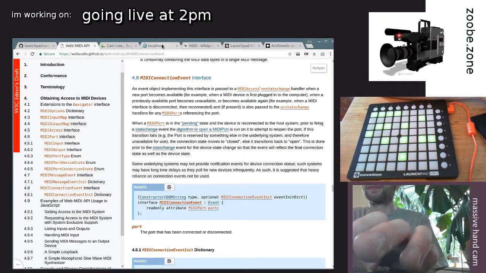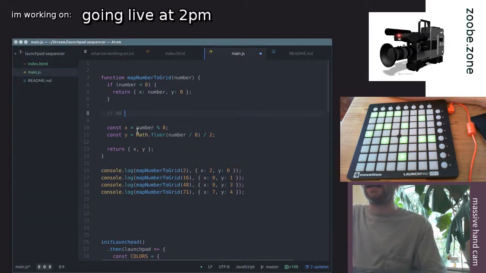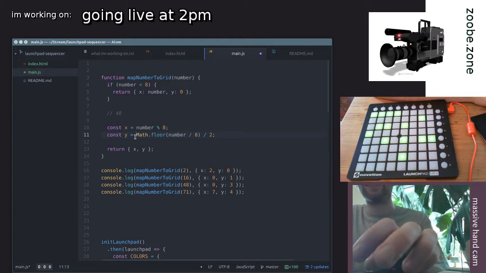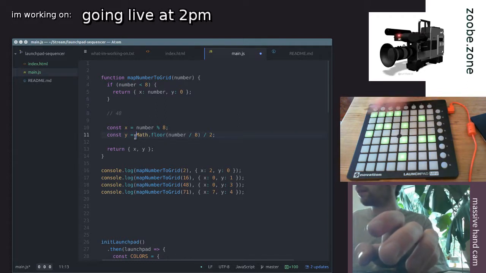So the x will be that for some reason. I can't even remember why I wrote this. If anyone knows a better way of doing this, please tell me. I think that's because they're all 8s. So you got 0 to 8, 16 to whatever, 16 plus 8. This kind of gives you where it is on x. And then